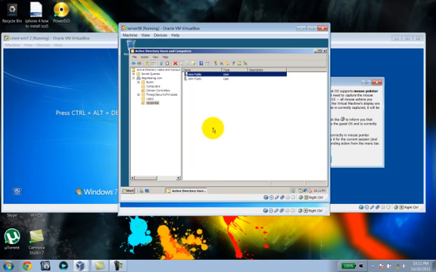So we have our 2 users, and what we're going to do now is create our folders on our drive,